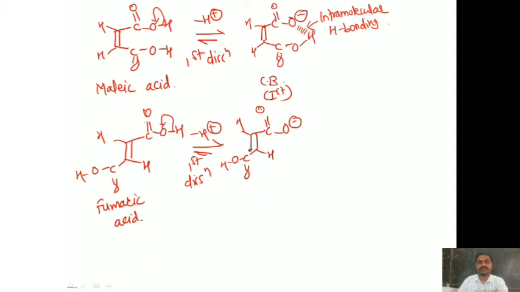Here if you see, after first dissociation, the conjugate base of malic acid is stabilized by intramolecular hydrogen bonding, but no such stabilization is present in case of conjugate base of fumaric acid after first dissociation. So therefore, after first dissociation, malic acid is stronger acid than fumaric acid. Now let's check the second dissociation. Minus H plus. Second dissociation is like this: